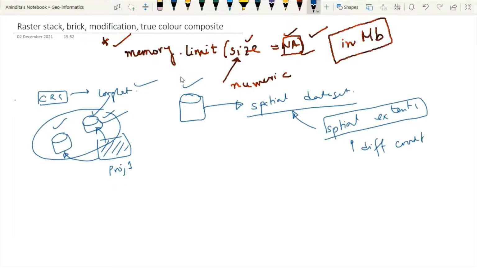Another thing is that data stored in a particular CRS is customized to a particular region. I'm giving you one example. If you are talking about the US, they prefer to use a state plane projection which is customized for a particular state.